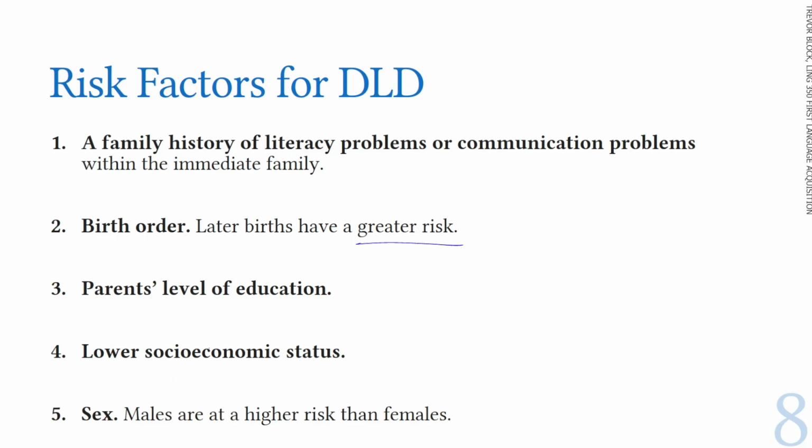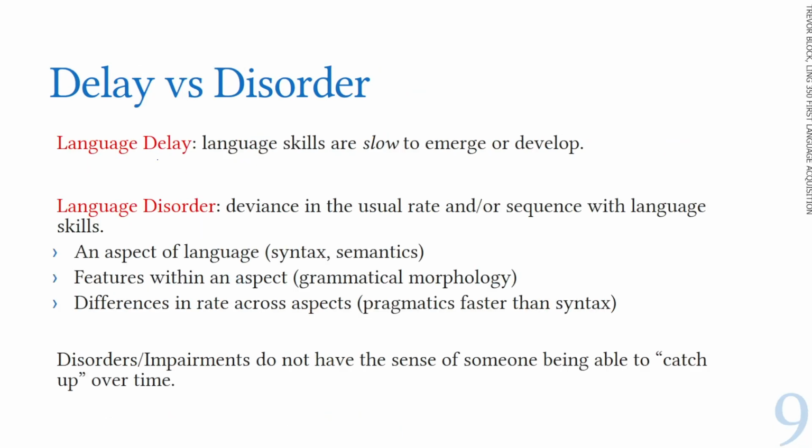Parents with lower levels of education might give higher risk to DLD, although I'm pretty sure there are other factors that would explain this. So this could just be one of those extra factors that are found because it's a confound for something else. Lower socioeconomic status, which is usually quite related with parental level of education, and also your biological sex. So boys are typically at a higher risk than girls. Okay, so